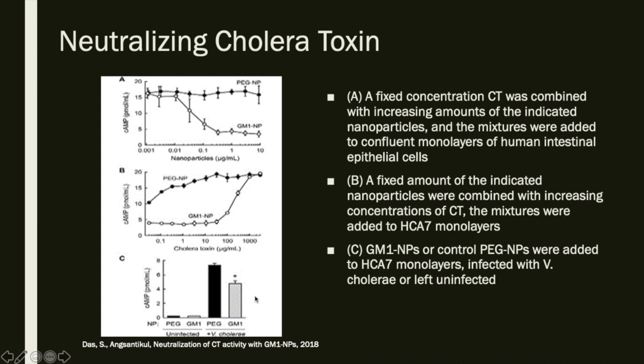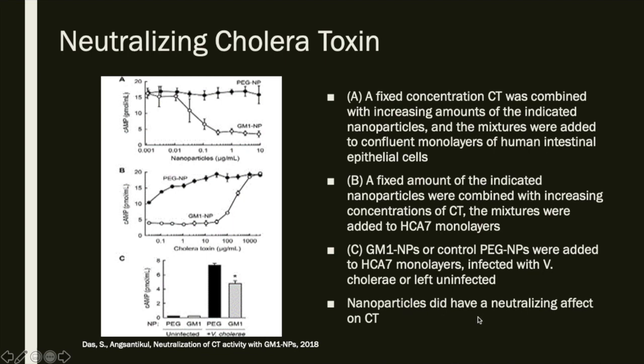So it did prevent a lot of cholera toxin from binding to the actual receptors and reduced the amount of cAMP being produced. Using this data, you can see how the nanoparticles did have a neutralizing